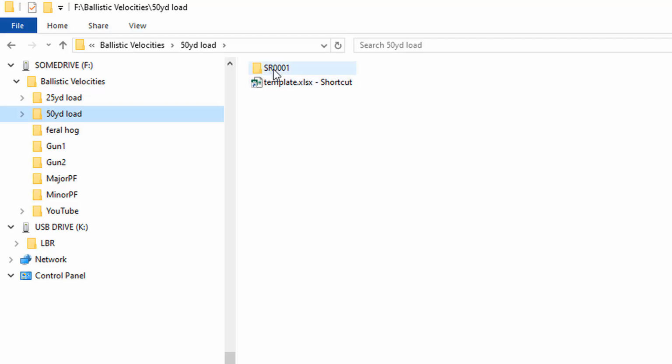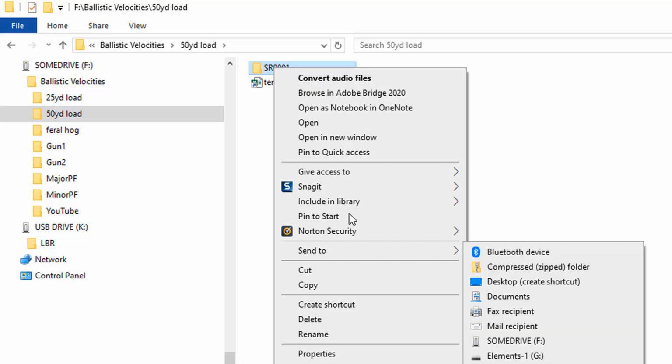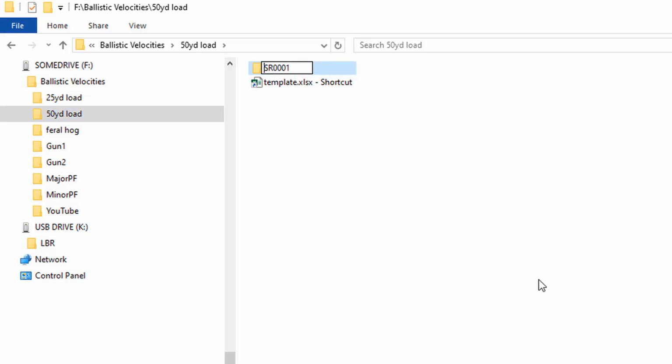So per my notes, I know when I did this one, and that's just my convention. You may name it something totally different, but the point is I want to make sure that the name of this series folder is unique so I don't accidentally overwrite it at some point in the future.